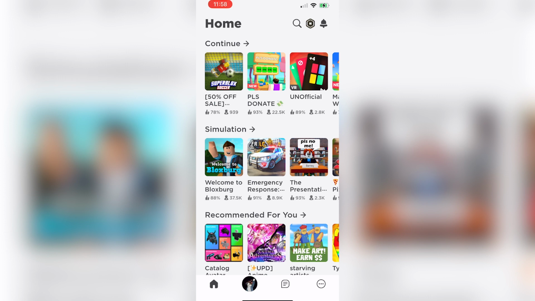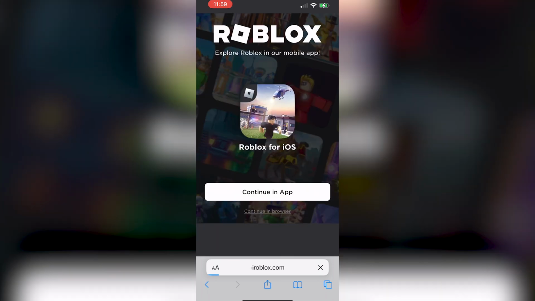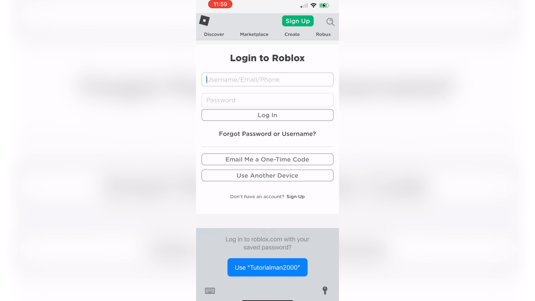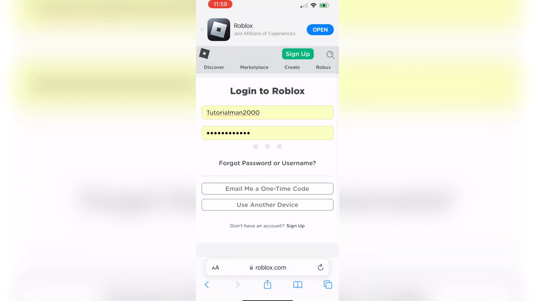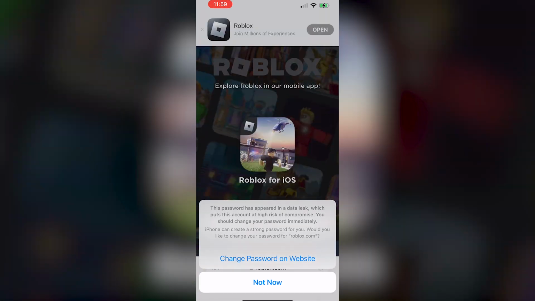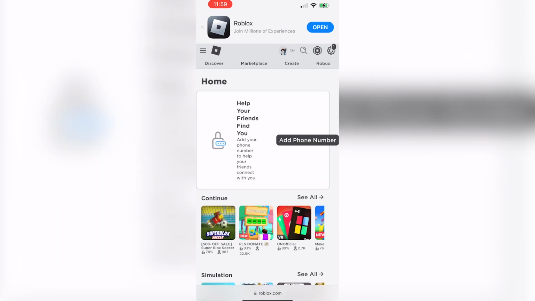You're going to begin by going to your web browser instead of the Roblox app and go on to roblox.com and it'll open up here. Click on Continue in Browser. Now you're going to need to log in. I'm just going to use my Face ID to log in, and then I am going to continue in browser